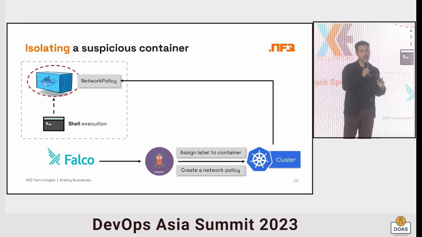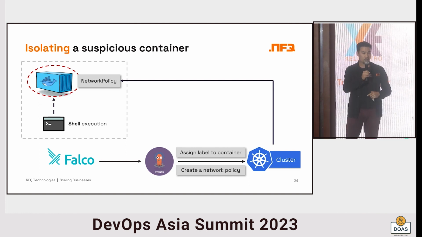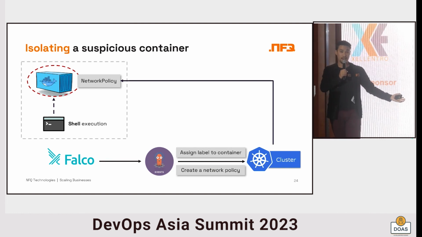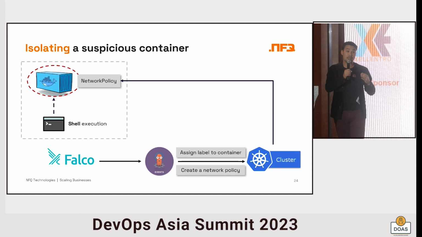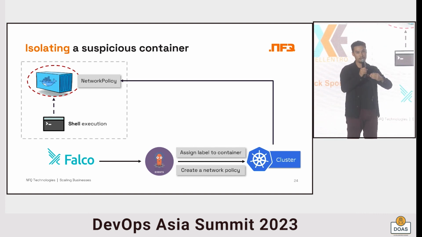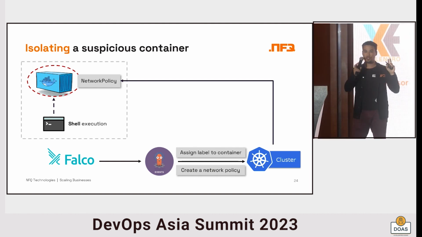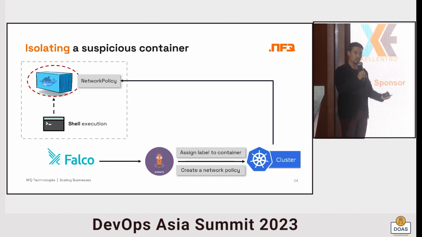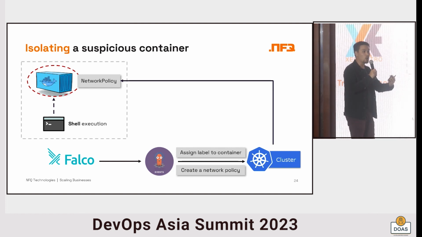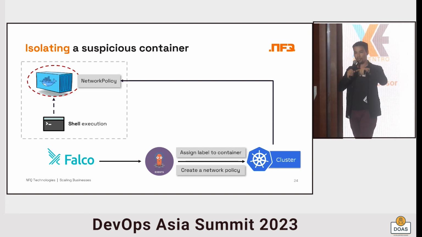And whenever this alert is received, what are we doing? We are actually triggering two operations. First, we will label the container that has generated this alert. We are basically patching it. We are doing an HTTP patch request to the API server. And we assign a specific label to this container called suspicious activity. And secondly, what we are doing is that we create a network policy that isolates completely the network of this